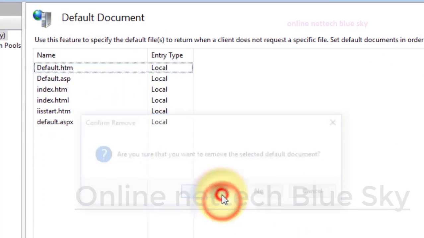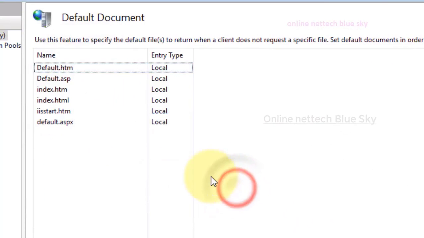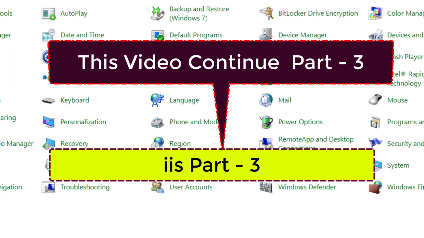I can delete it here, but I'm only showing how we can add and how we can remove. So friends, that is what the default document is and how the system uses the default documents here. I will discuss it in more detail in my IIS part 3 video, which is very long. I will discuss this other information in IIS part 3.